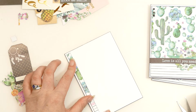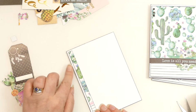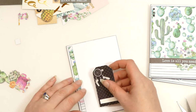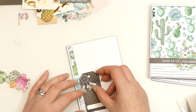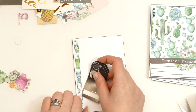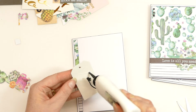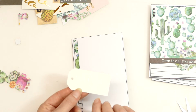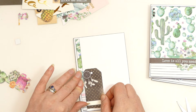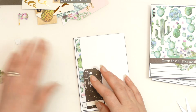So I'm going to stick that down like so. A little bit of leakage of glue there. Hopefully once that's dry we'll not notice. Scrape it off. Okay, and then I've pulled out one of the tags. Actually, I think I wanted that slightly, let's see, yeah, get it slightly under. I do like to faff. Okay, I'll pop that under slightly. Oops. Okay, and then I've got this little